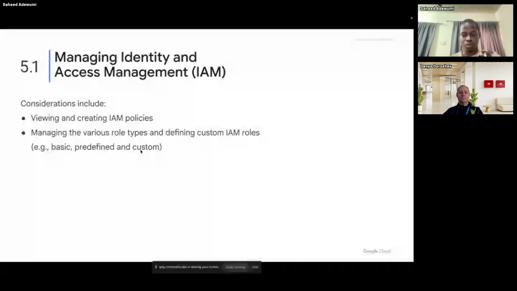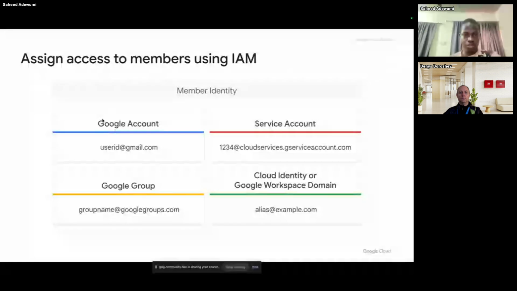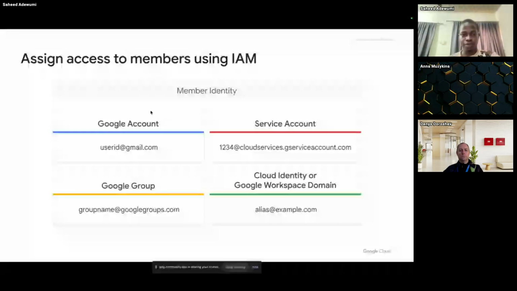Here we have a question. I will not be able to trace the question because of the basic intro. Here we are talking about assigning access to members using IAM. So these are the typical ways you can grant IAM access to your infrastructure. We have a Google account, whereby I put my username at gmail.com to access my cloud, or using a service account, which I talked about, for infrastructure you are trying to create, at the Google service account.com, which are generally used for service